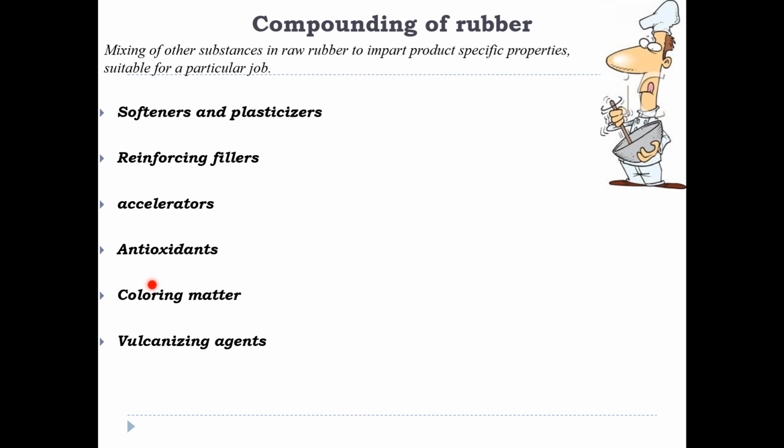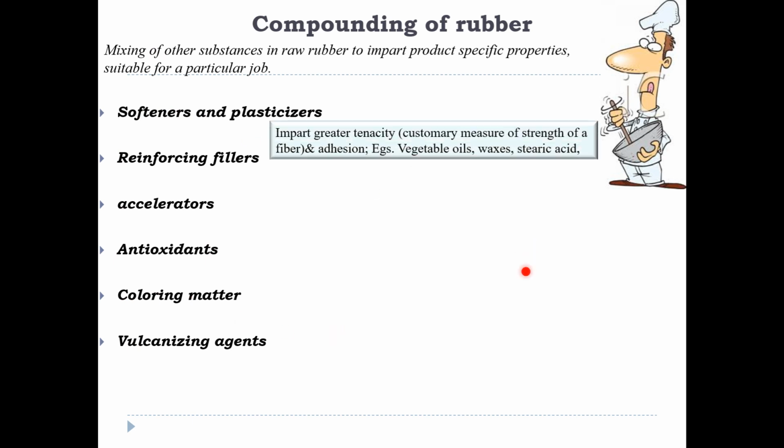And there is one more very important reaction that we're going to study. So what can we mix this rubber with? So these are some of the ingredients that we need to add into the rubber. So let's see one by one. Softeners and plasticizers. Rubber is itself very elastic. Okay. So we can improve its elasticity by adding a few more ingredients like vegetable oils, waxes. Okay, such type of rubber is used as adhesives.